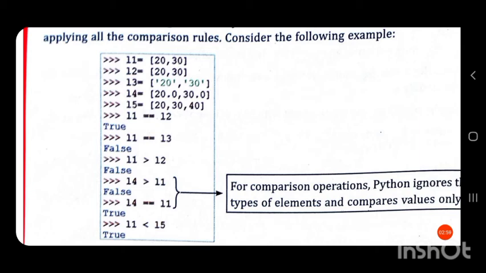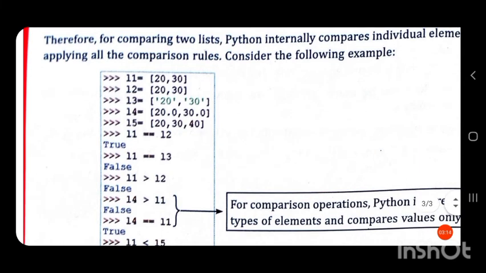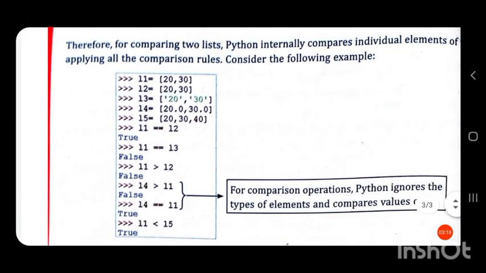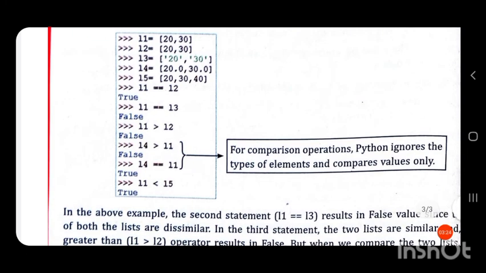So L1 and L2 are different lists containing the same values. Then L3 is another list containing strings '20', '30'. Then L4 is another list containing floating point values 20.0, 30.0. Then L5 is another list containing three values 20, 30, 40.